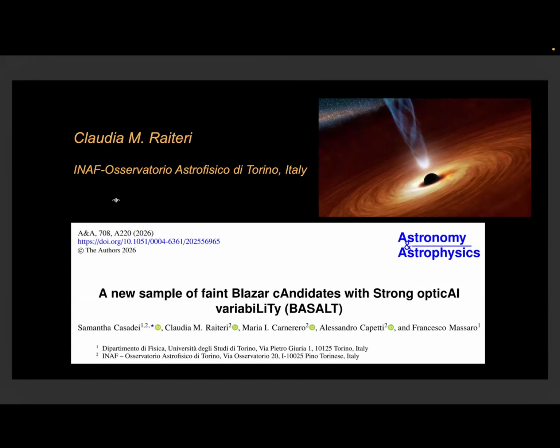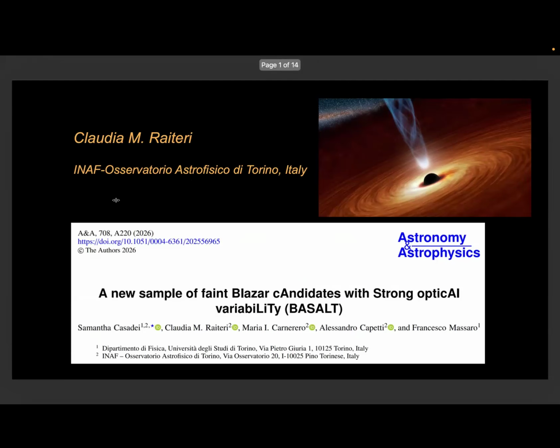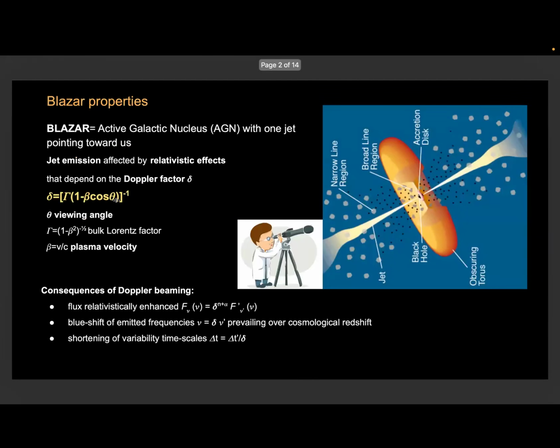Okay. So I'm going to present work that was part of the PhD thesis of my student. But before, let me briefly introduce the blazars, which are a peculiar class of AGN with one jet pointing towards